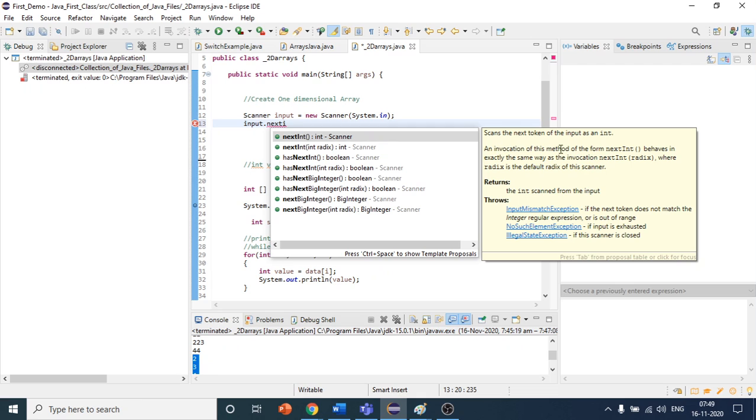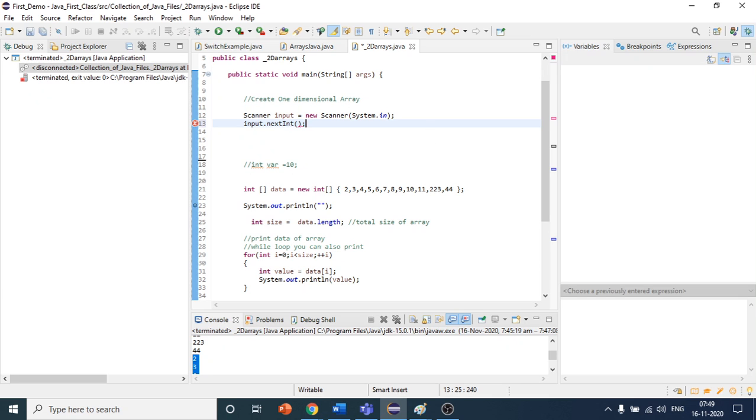an invocation of this method of the form nextInt behaves in exactly the same way as the invocation nextInt, right? So whatever the user writes, it will capture that value. And if I store it here, let me show you how. Value. So if I debug this again,